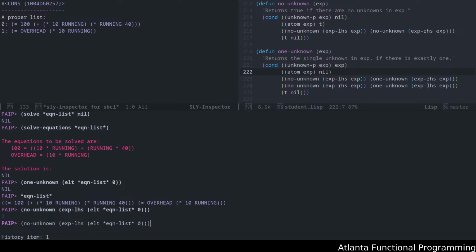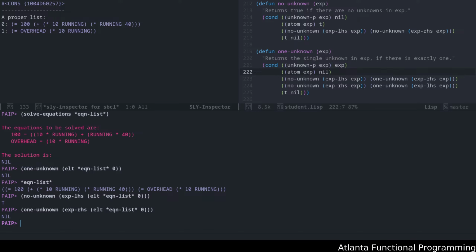All right, correct. So now let's try what it says for one unknown for RHS. It's nil. Even though